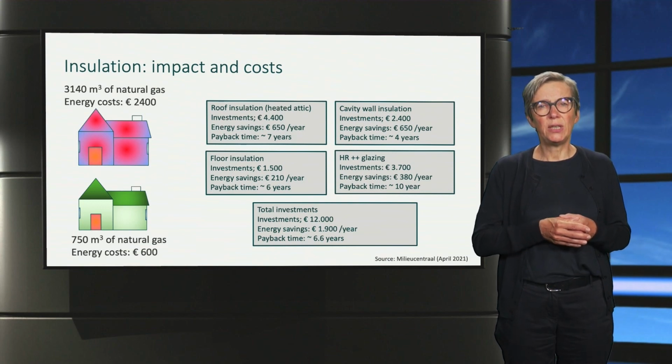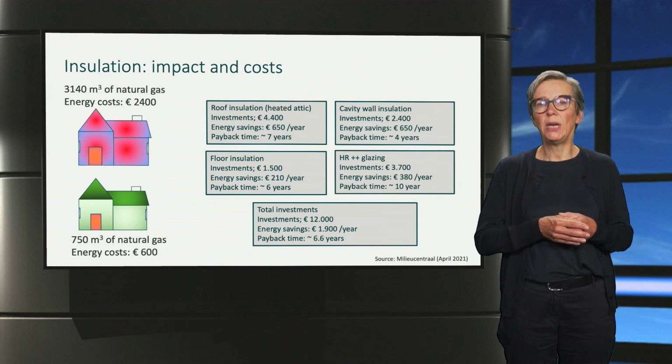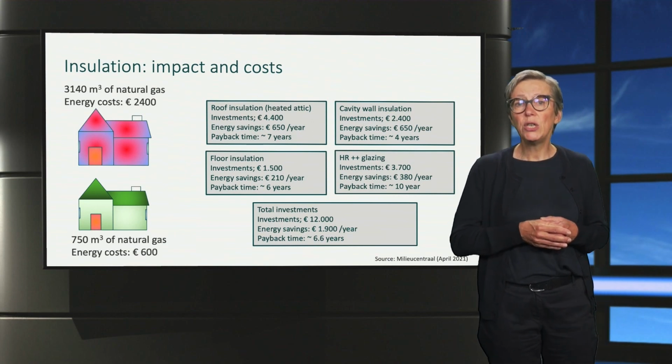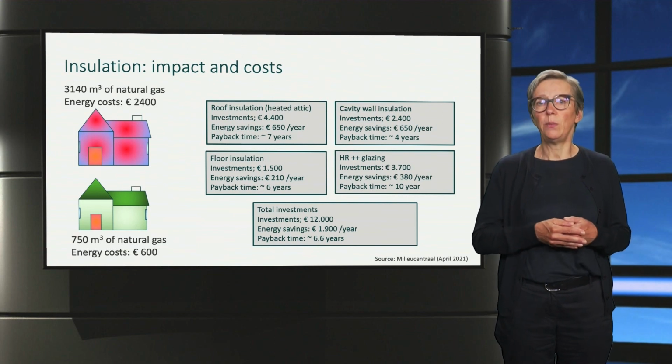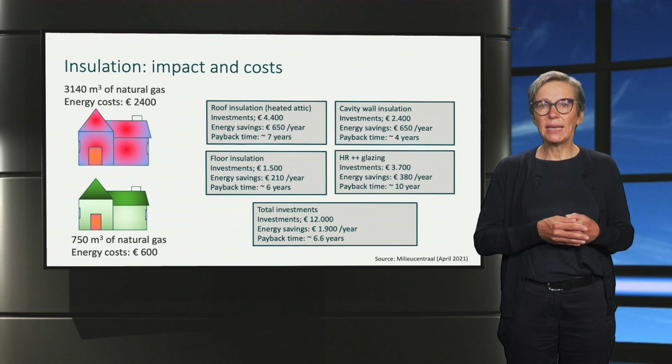As already mentioned in the previous slide, we use a standardized situation to calculate the impact of different insulation measures. In models used to calculate energy saving potential and costs on, for example, a global, country, regional or city level, this is a good approach to get an impression of what can be achieved. However, you need to keep in mind that there can be a significant difference between the standardized situation and the situation for a specific household.